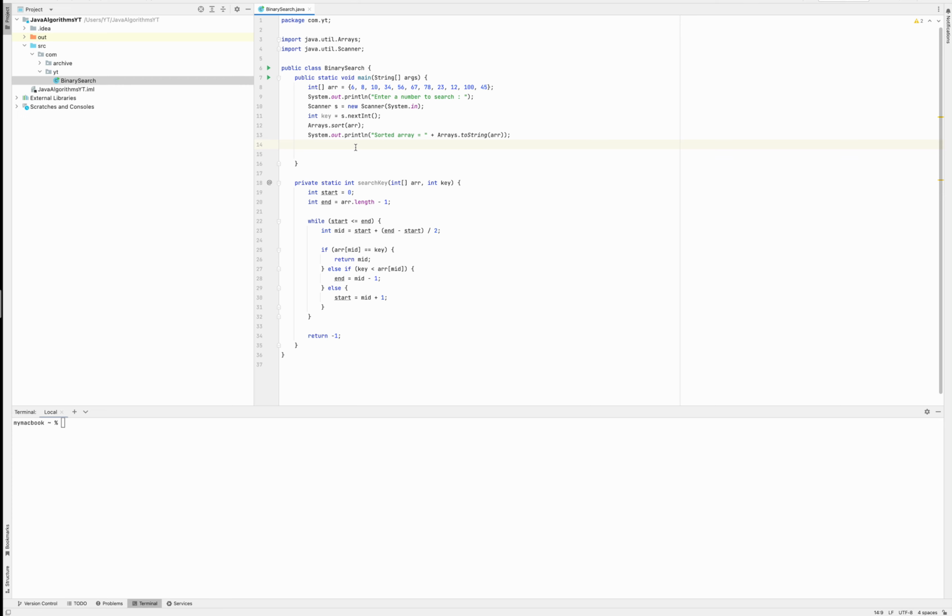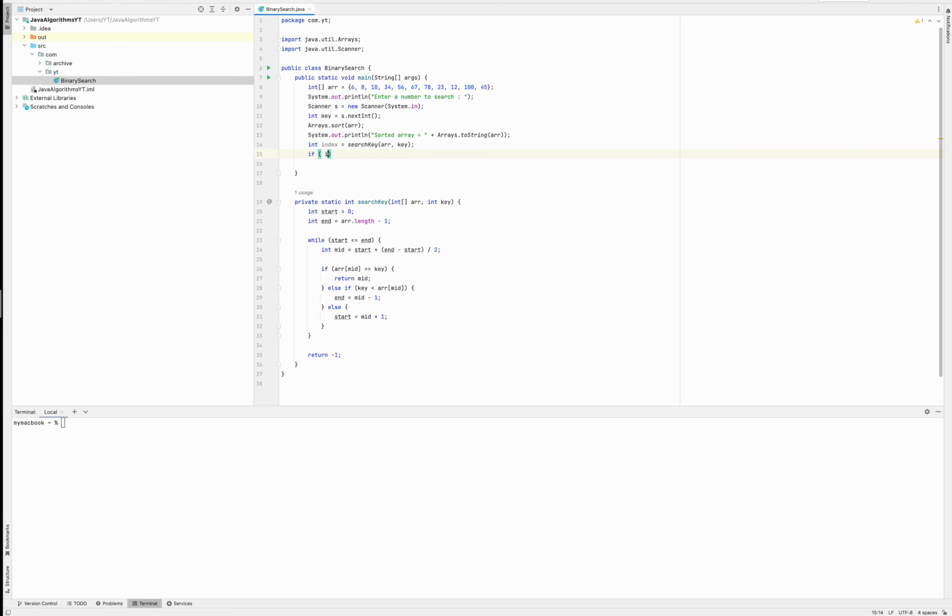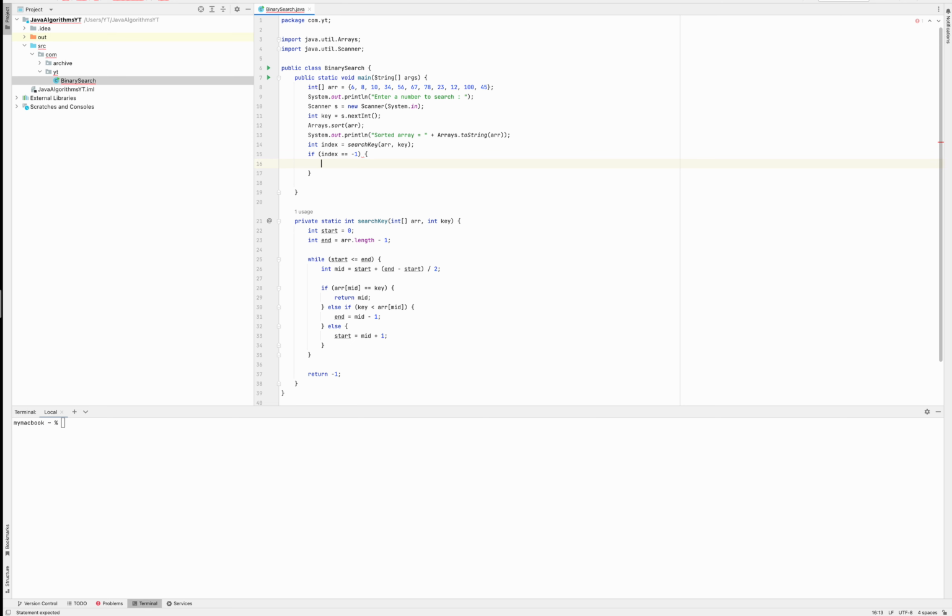So now let's call this method search key, and we'll pass the input array and we are going to pass the key as the second argument. Now we are going to check if index equals -1, which means the element is not found. We are going to add a print statement,